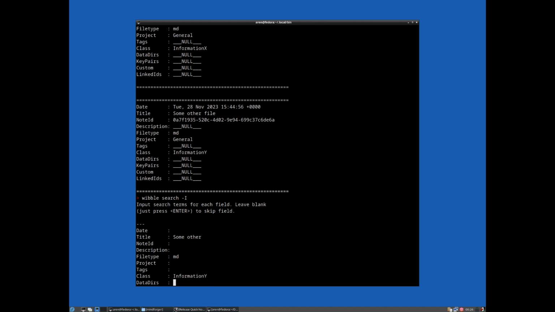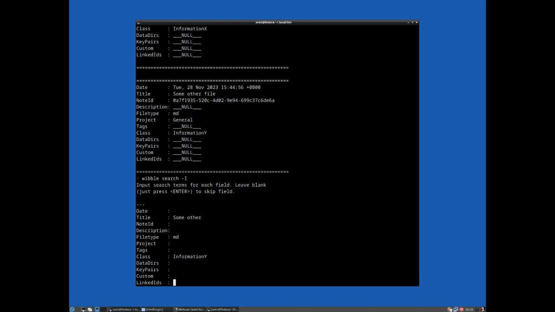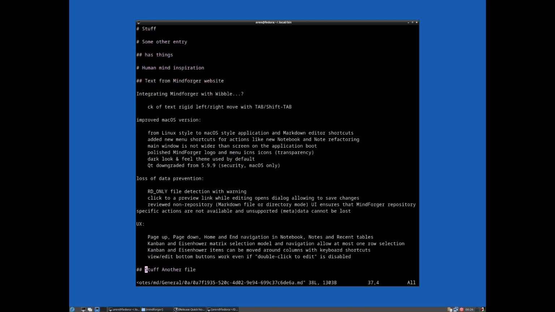So it should, at this point, only give us that second note, because out of the list of these some other titled notes that happen to be both a markdown type, by this point, if we filter on information Y as the class, that should in theory discriminate down to just one single note. So anyway, I enter my way through, and there you go, it opens that one single note, which